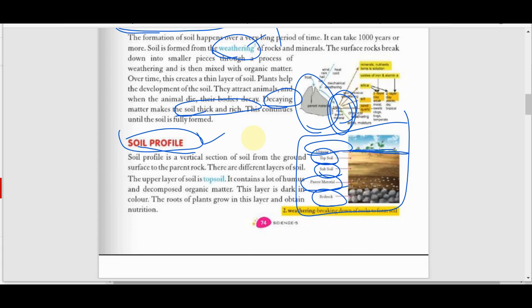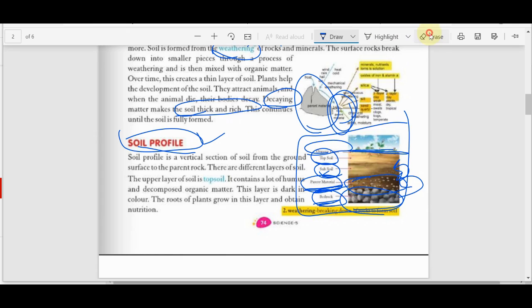Firstly, we know that these large materials will be converted into fine, small particles, and after a few years these small particles will be converted into soil. You have to remember that these fine particles are known as the parent material or large stones. These parent materials are converted from the bedrock, and after this the parent material will be converted into the subsoil. You have to remember we classify the soil into a few groups. Remember the uppermost soil, the upper part of the soil, we are saying here